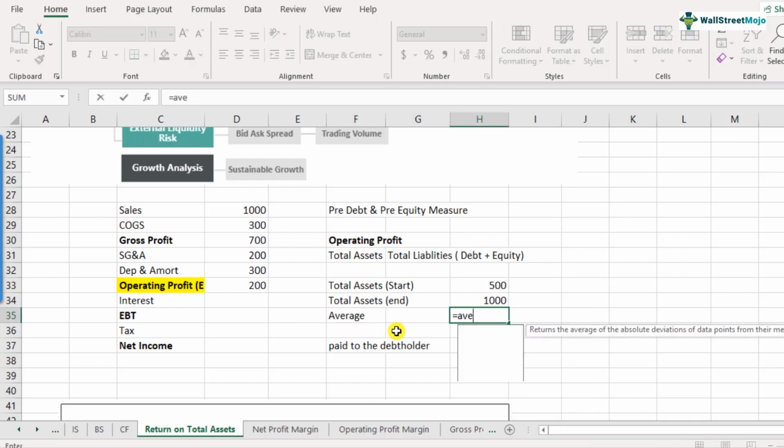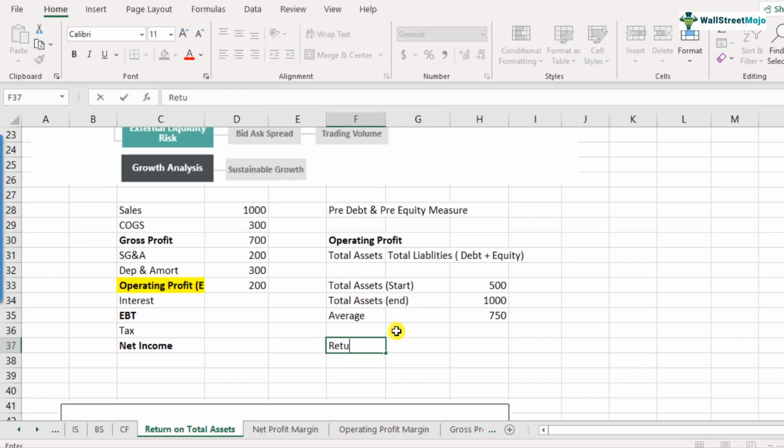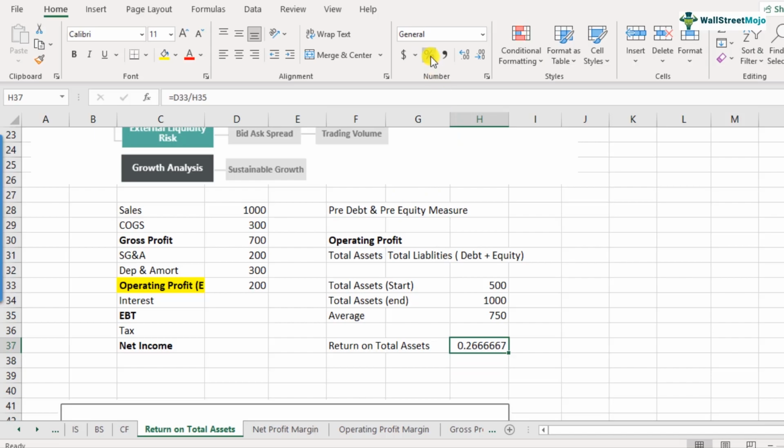The average of 500 and 1000 comes out to be 750. So what is our return on total assets? Return on total assets is equal to operating profit 200 divided by 750, that is the average total assets. So this comes out to be